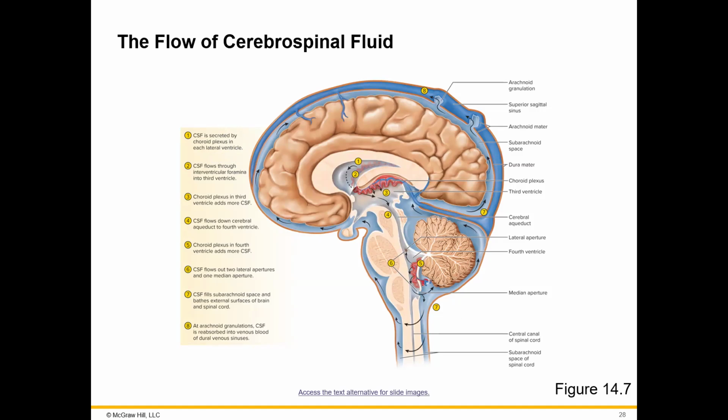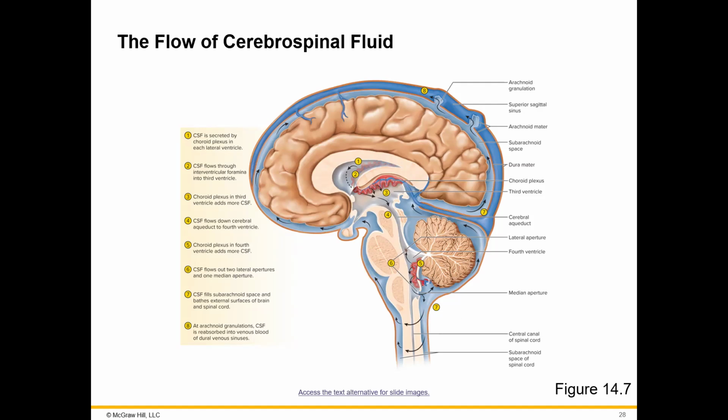And then the cerebrospinal fluid that is made in the choroid plexus of the lateral ventricle is going to flow through the interventricular foramina into the third ventricle. Then the choroid plexus in the third ventricle is going to add more cerebrospinal fluid, and the cerebrospinal fluid is going to flow down the cerebral aqueduct to